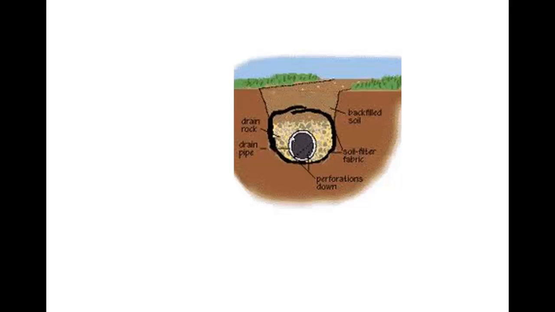It is a pipe, a perforated pipe, and the concept is that the water percolates down into the pipe. The bottom of it is solid, and the water is on a gradient so that the water will drain to an outlet, usually a storm ditch. And then there will be a fabric filter around it to prevent erosion, and there will also be what they're calling drain rock, or a type of aggregate, in order to enhance infiltration into the tile and then backfilled with